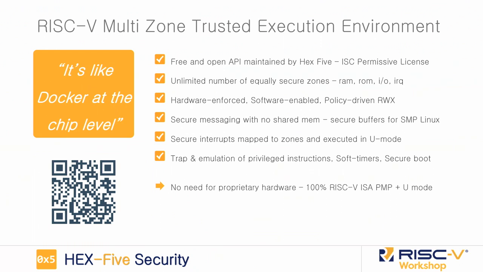So no need for proprietary hardware. All of this proposal is based on specs 1.11. It was 1.10, now it's 1.11 ratified. 10 to 11 doesn't really make any difference as far as what this covers, okay? And basically any RISC-V core that has the U mode and the relative PMP, physical memory protection, okay? It's already there. So this is also the beauty of this model. You can retrofit existing applications. You don't need to upgrade your hardware to get in a secure situation. The hardware is already there, you just need to use it, enable it.